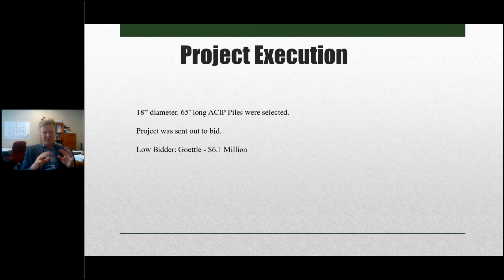We were hoping that we would be able to negotiate the project after that load test program, but it was sent out to our peers, the premier pile contractors in the area. And thankfully, after the competitive bid process was executed, Goettle was the low bidder at $6.1 million. So you can see over $4 million in savings from